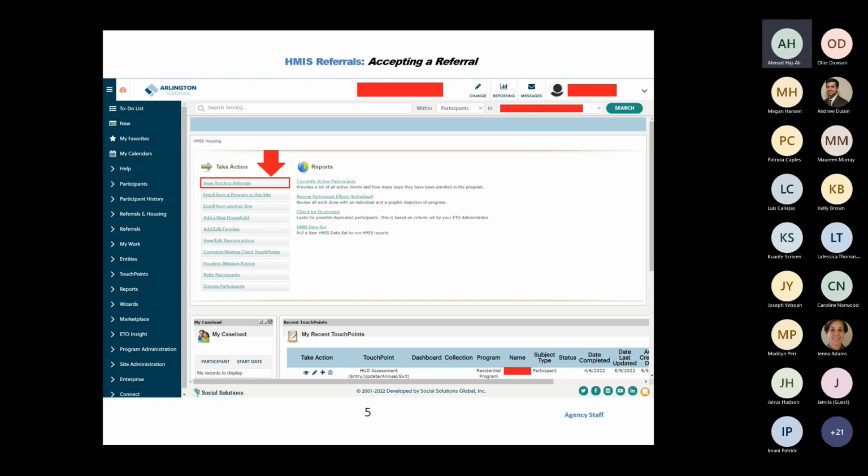How to accept the referral. So now that we've created the referral, we've dismissed the participant out of our current program. Now the participant is in a gray area in HMIS. So for the receiving end, the CoC partner that's receiving this individual, or household rather, from